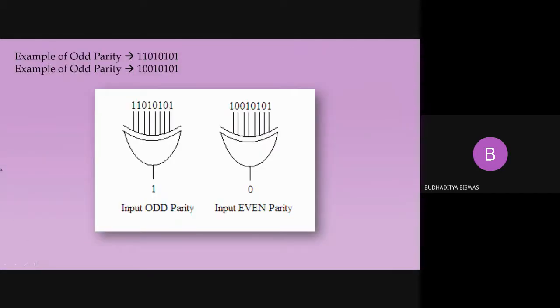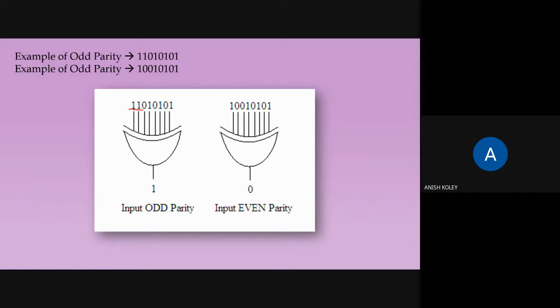This is the circuit actually. Using the same properties of the XOR gate, we can check whether the total number of 1s is present or not. Here, the property of the XOR gate is that it tells how many 1s there are on the input side, meaning in the data bits.